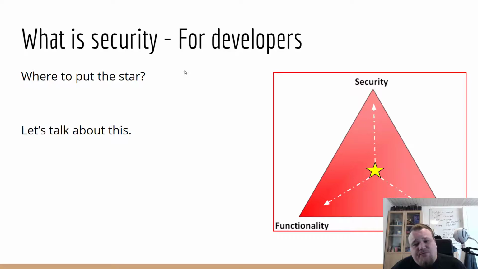So I hope you understand that placing the star is important to do. And it's not something you do once. It's something you do whenever you change the security level of your application, for example, when you log in. That is a change of security level. Or you want to edit your personal information. That's also a change of security level because you're requesting access to edit sensitive data.